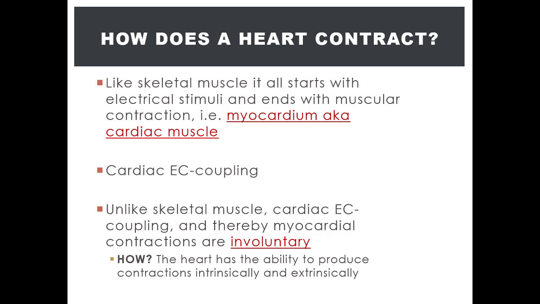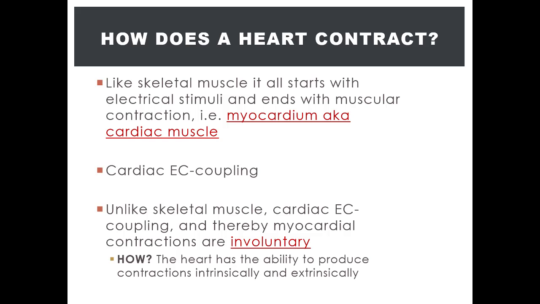So in certain cases, the nervous system can further stimulate the heart to produce a faster rate of contraction, or to simply put it, an increase in heart rate. Now in skeletal muscle, the extrinsic stimulus comes from the somatic nervous system, which includes the motor neurons. What about the heart? What provides the extrinsic stimulation of the heart? The autonomic nervous system, which is self-regulated and does not need voluntary activation, meaning the autonomic nervous system will know when to stimulate the heart further.